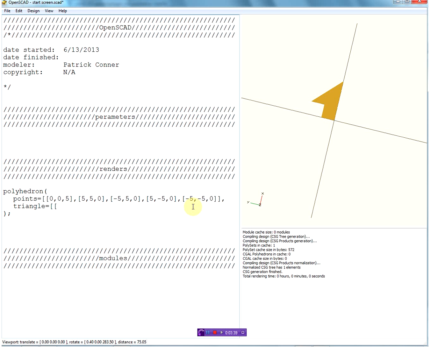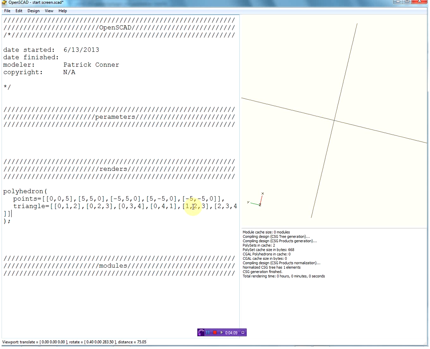So then we go in and we do 0, 1, 2, and then we close off, and then we do another one, 0, 2, 3, and then 0, 3, 4, and then another one, 0, 4, 1, and then we close it off, and then we do something sort of like 1, 2, 3, and then we close it off, and we do a 2, 3, 4. Gotta have a comma there, and then you close it off, and you get